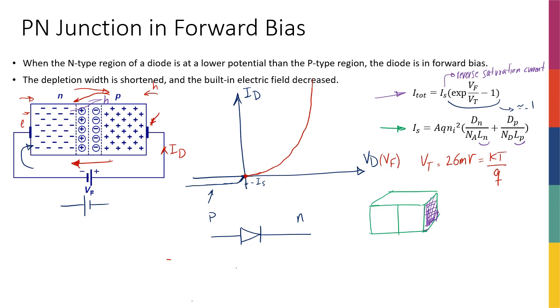And we can see why the symbol has a directional implication built into it, and it's because the diode allows current to flow in this direction if we apply a good amount of voltage. So if we apply a voltage with a forward bias,